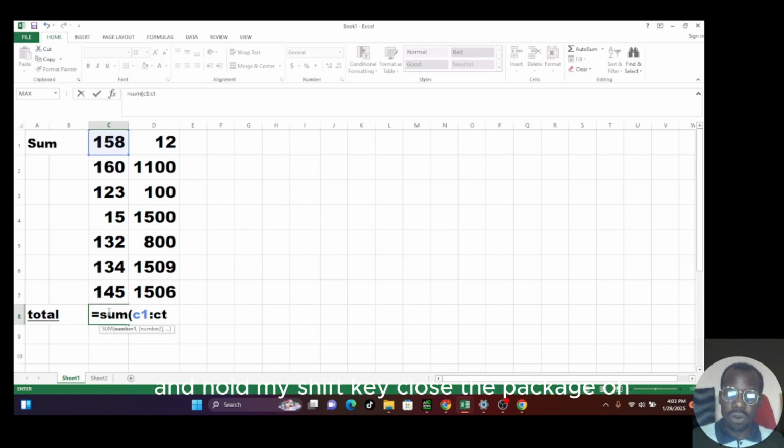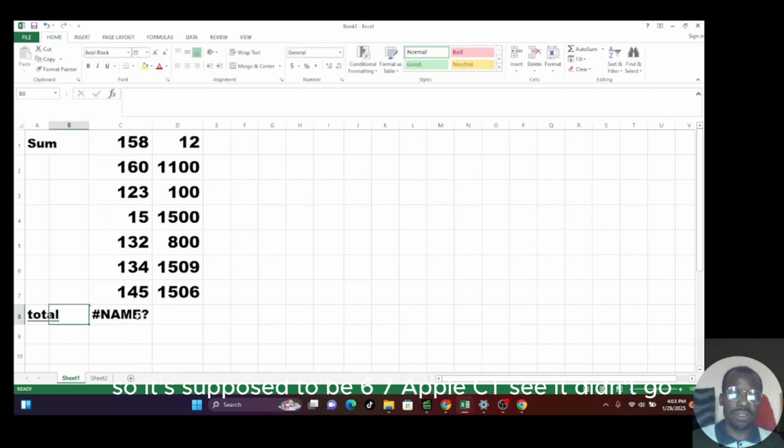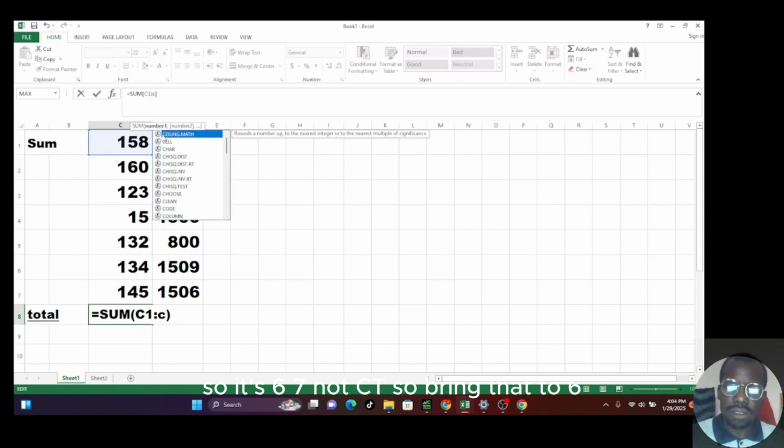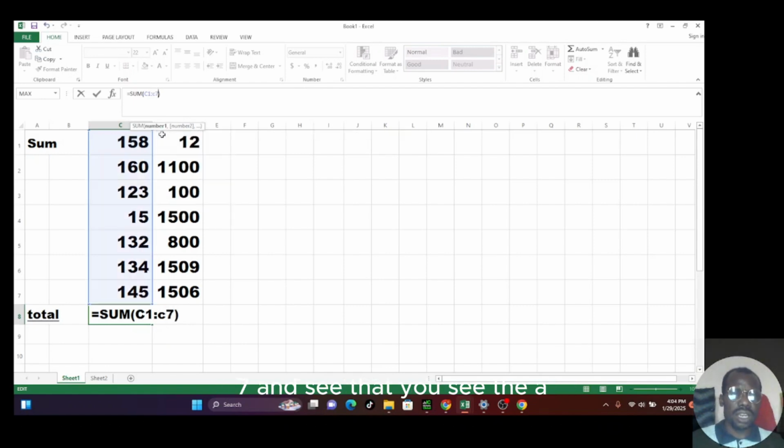So I'll put C7. Okay, and hold my shift key, close the bracket. Oh, so it's supposed to be C7. I put CT. See, it didn't go. So you have to be careful what you are doing. If you make any mistake, it won't work. Okay. So it's C7, not CT. So clean that. Put C7, and you see that